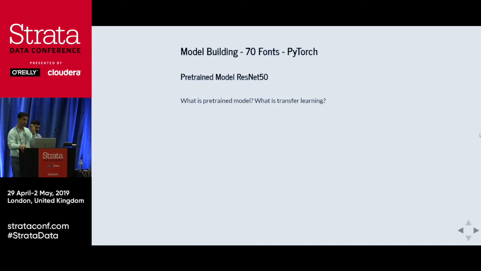Why pre-trained models? Why not build a custom model ourselves? And what is this transfer learning that everybody is talking about, right? You could always build custom models yourself, and building models is more of an art than a science. So you really need to know why you're putting layers, what's happening, what's going on in between. But not every time this is required. A lot of times these models are capable of solving problems, and they've been trained on larger data sets.